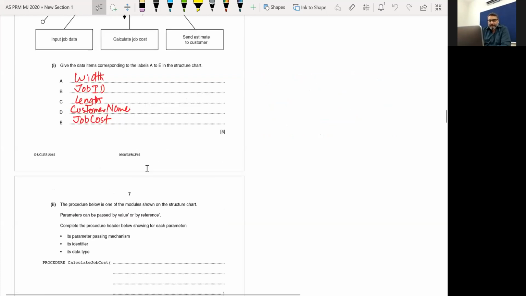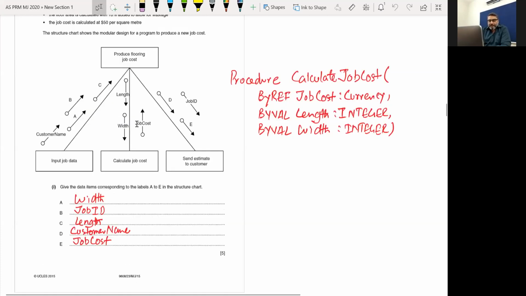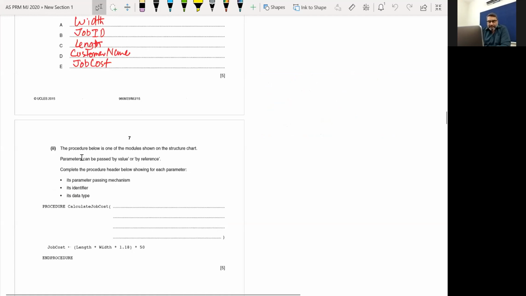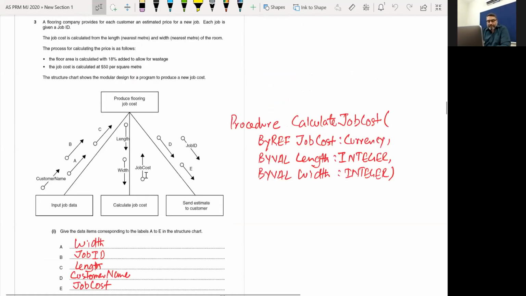For that you need to understand that this arrow, the data couple, shows that something is going back, but over here they are telling that this is a procedure. So if it is a procedure, then how will it return? That's the only way, to make it by ref. So let's get back to